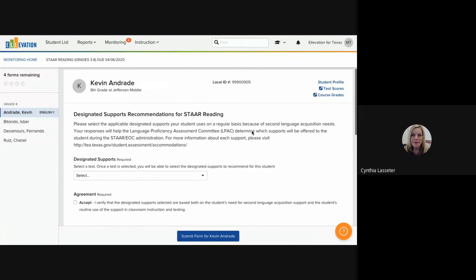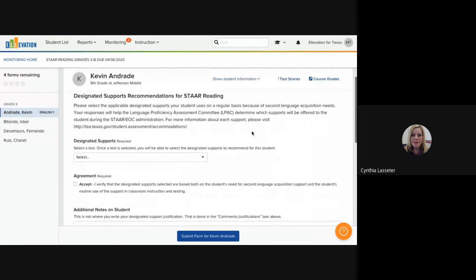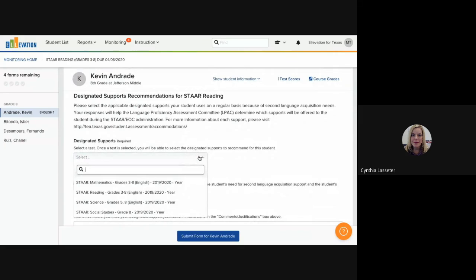To make your designated support recommendations, you must first select the assessment that corresponds with the form name. If your student is taking more than one STAAR assessment this year, there may be more than one assessment in the dropdown. In order to ensure that your recommendation is reviewed in the appropriate LPAC meeting, it is important that you select the assessment that corresponds with the form name.